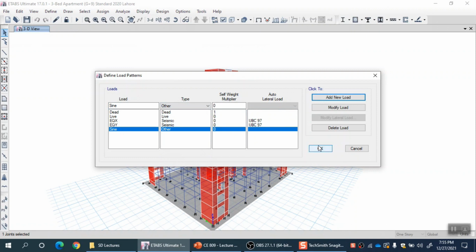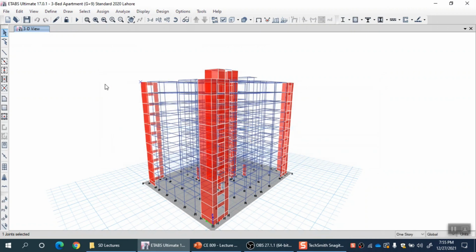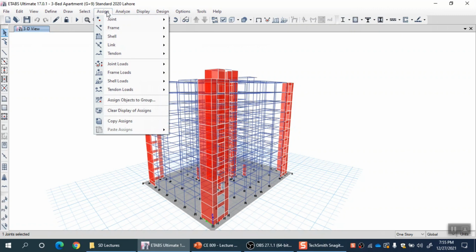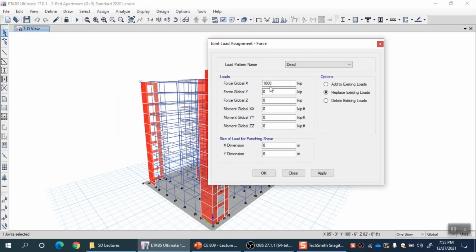Any loading which I want to apply can now be included in the sine pattern, and that pattern can then be multiplied by a function, and that pattern will become dynamic, right. So let me select that node and go to Assign, Joint Load, Force, 1000 kip, and now let me add it to sine, replace existing or whatever.